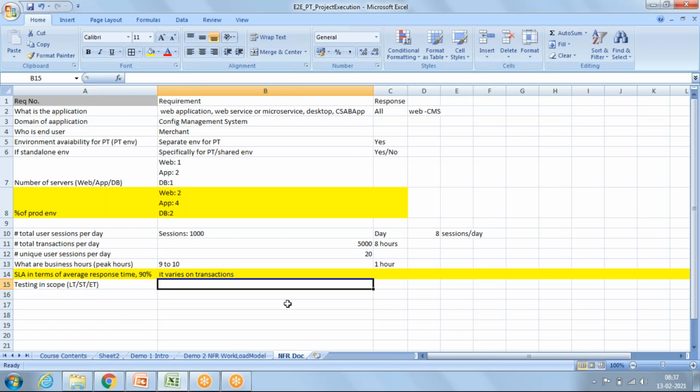That means our testers and test leads will ask the manager: what kind of testing do we have to perform in this application? First, the performance test manager or performance architect will suggest what kinds of testing should be done on your application. This is the response from your manager.